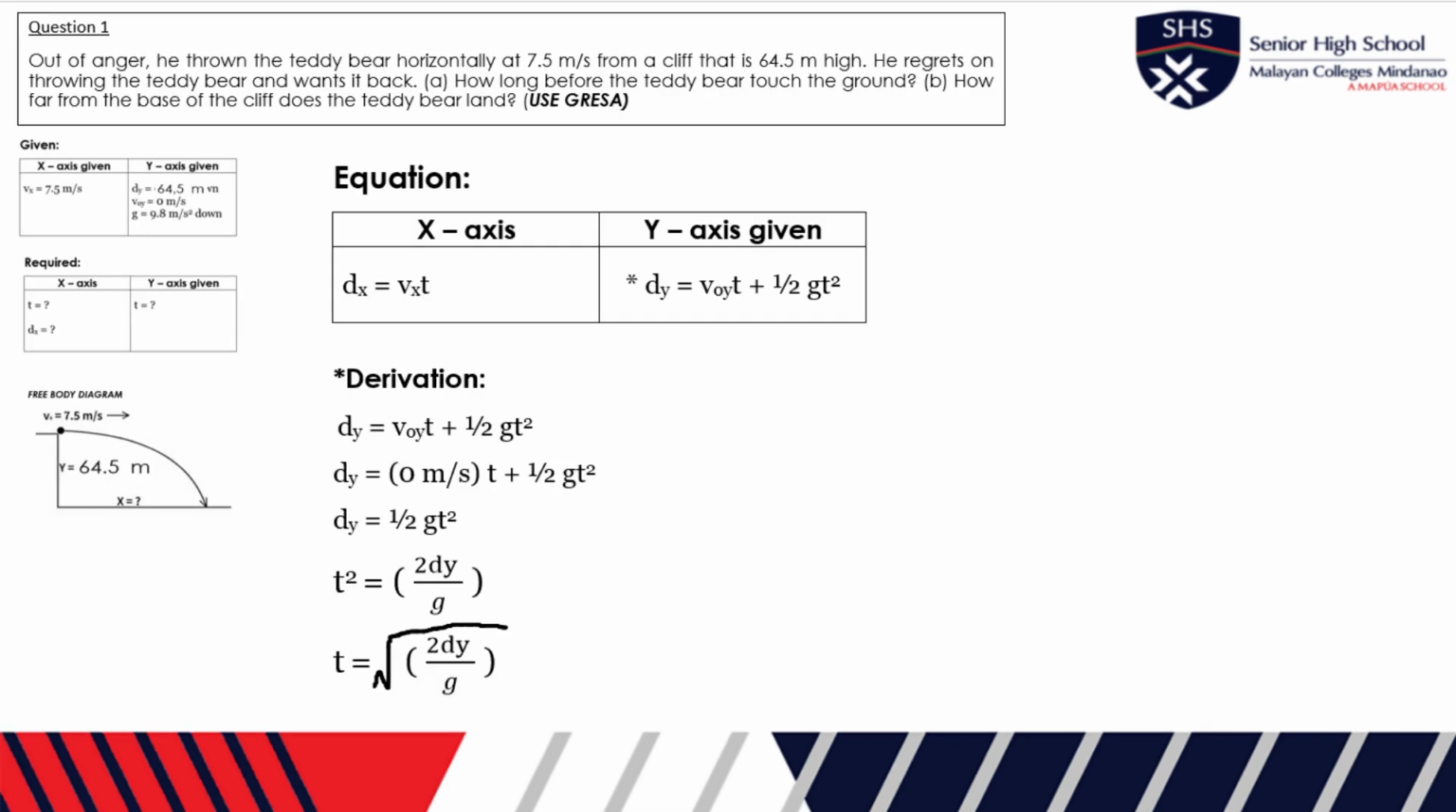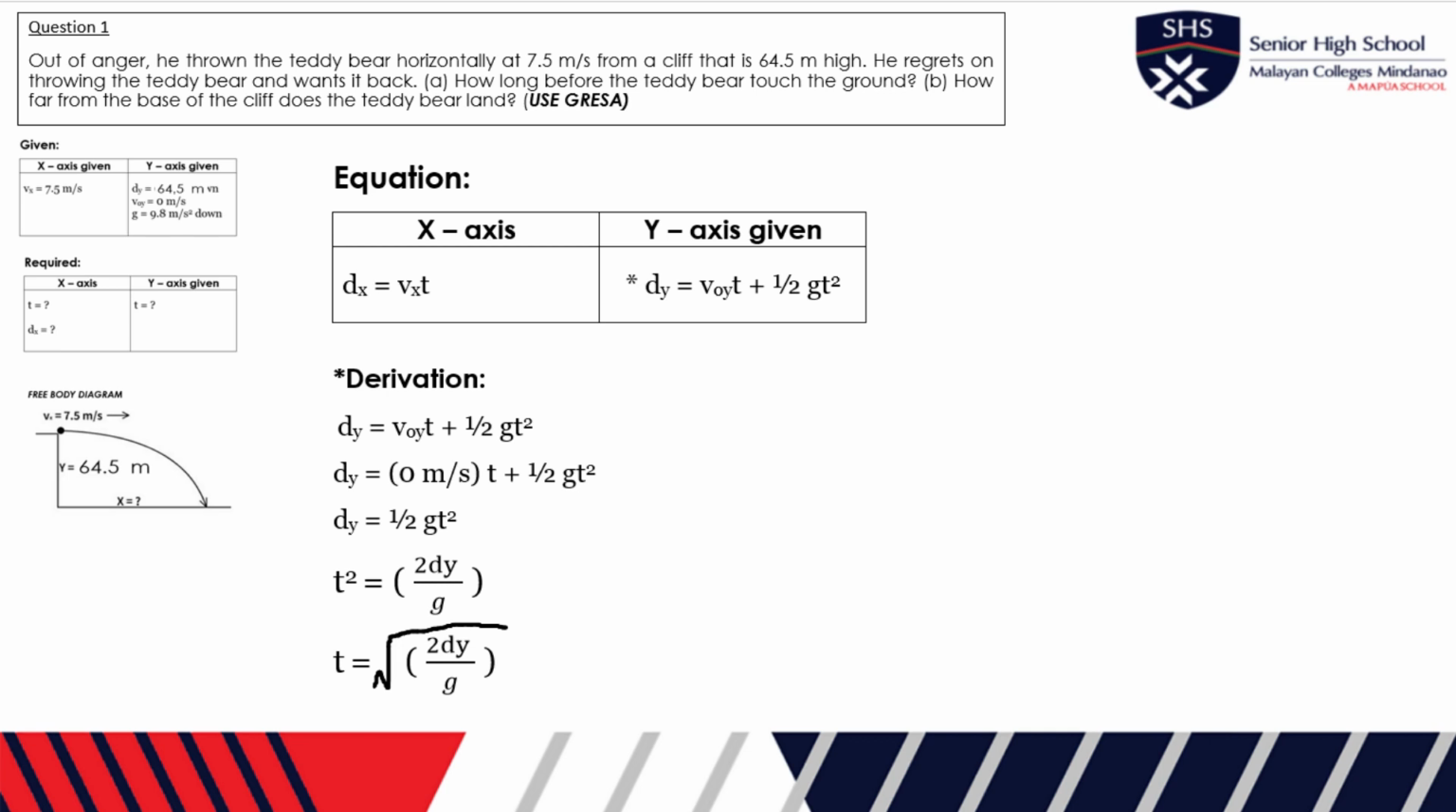Now let's talk about the equation. The equation should consider the variables that are listed in the pool of equations. For the x-axis, d sub x is equivalent to v sub x multiplied by t. We are trying to look for the displacement in the x-axis, and the velocity in the x-axis was given. However, the time is not given, but don't worry because the time can be found through the equation